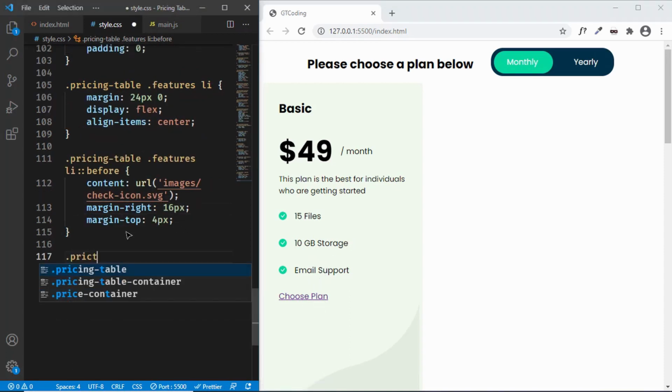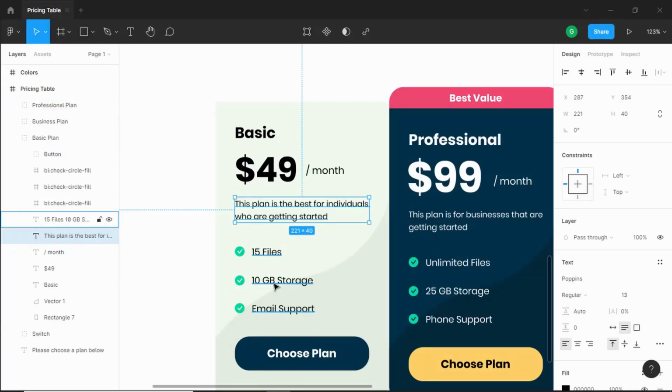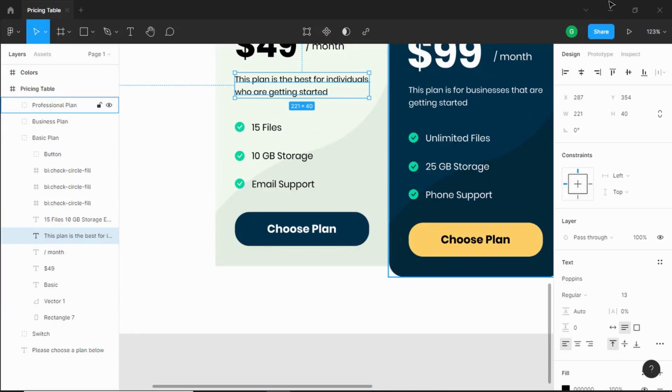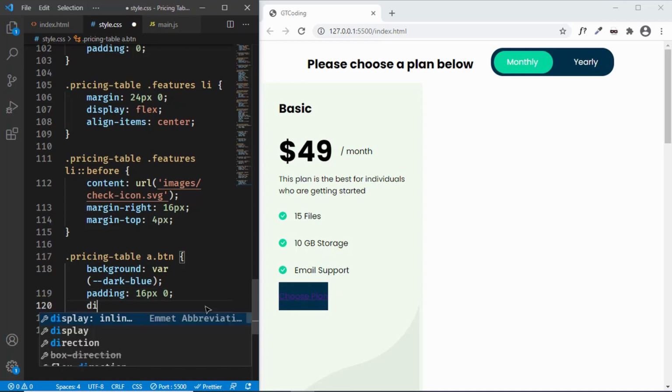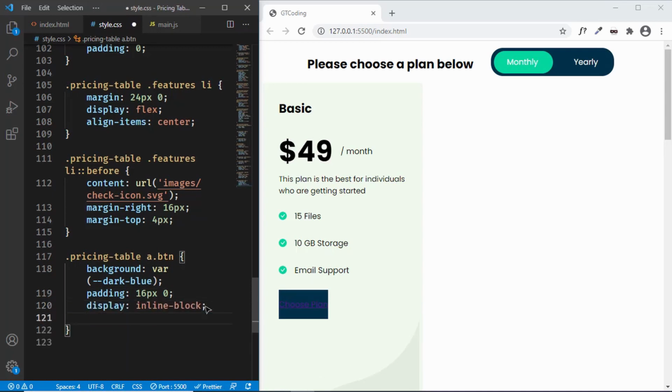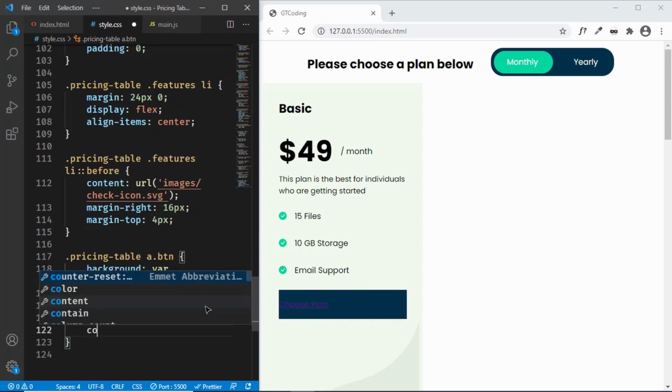Now let's target this button. So we'll just type pricing table a.btn, and for the button we will have a background color. So let's see what is the background color for this button. So we have the dark blue. So let's type var dark blue, and let's set a padding of 16 pixels for top and bottom and 0 for left and right, and we'll set the display to inline block, and we'll set the width to 100%, and let's set the color of the text to white,